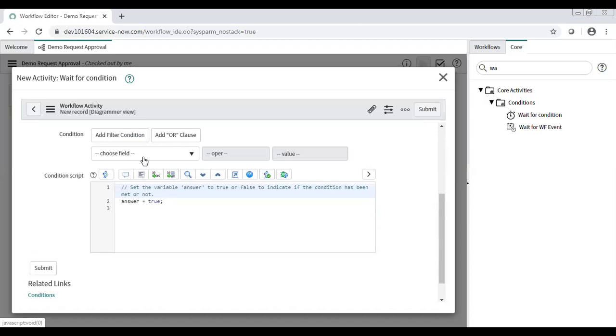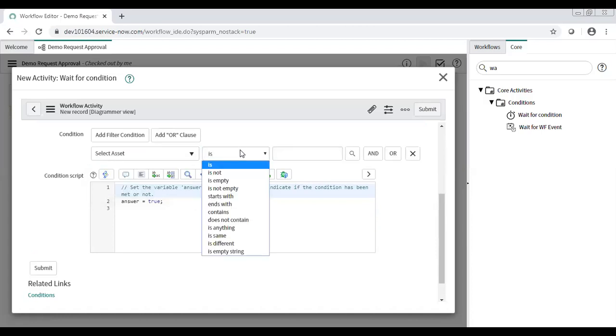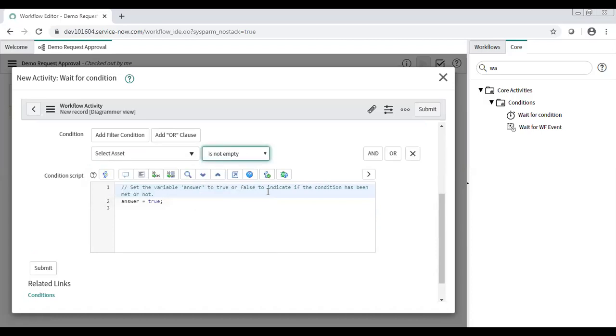Then I will say, okay, for what do you need to wait? So I will say assign select asset is not empty. Wait till someone selects the asset.